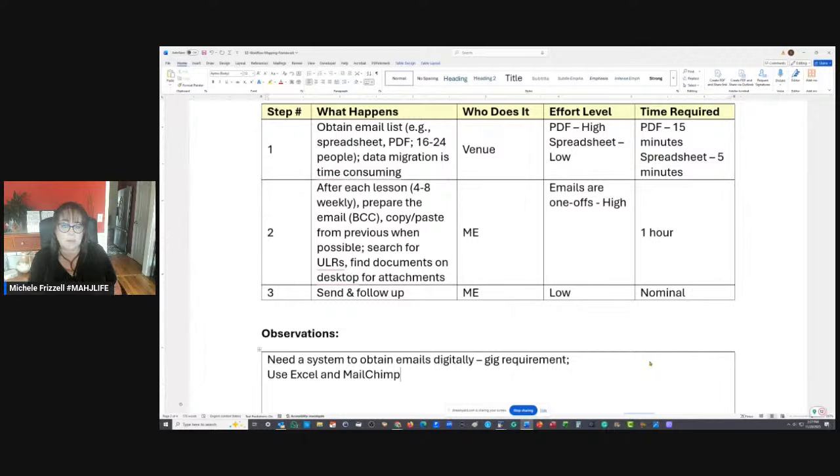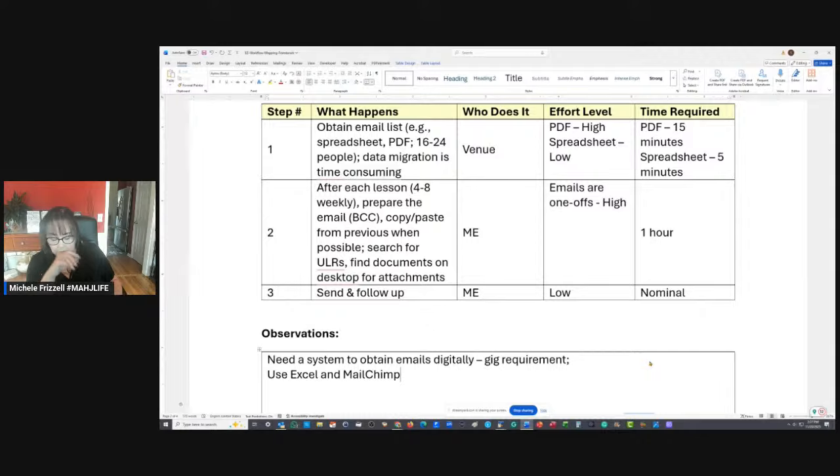And I would recommend starting with Excel, getting all the emails that you have access to into Excel, and then get MailChimp, which is free, up to like, I think, 2,000 subscribers or something like that. And then you can upload that list to MailChimp and have them all in MailChimp. And it's an intuitive mailing system.